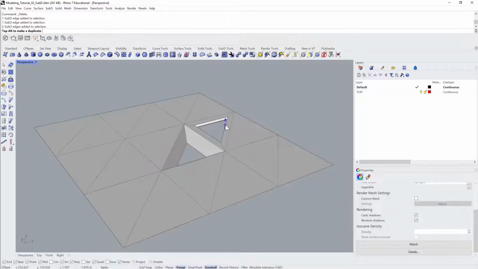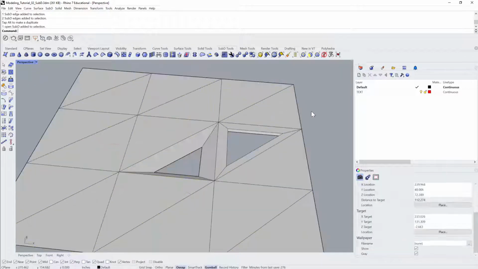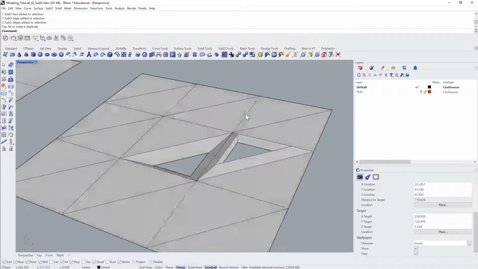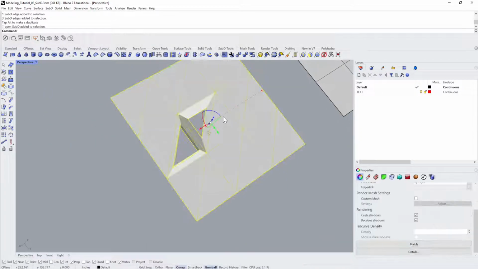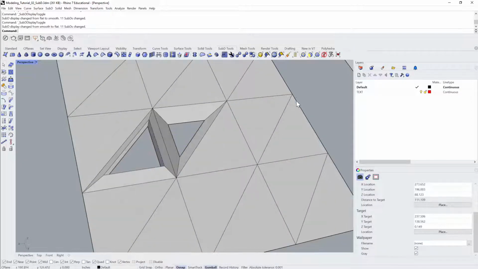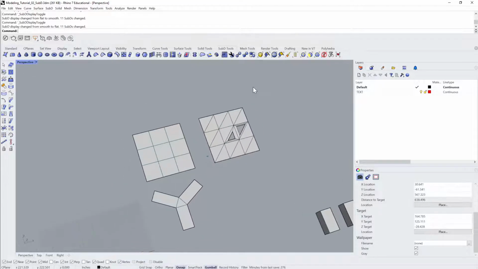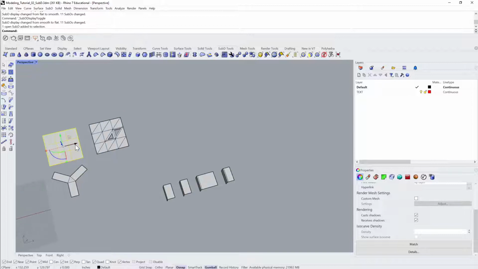And I could continue maybe giving that a thickness if I wanted to. Maybe I do want it to come up. I can click that, right? And so this is more of a kind of hard surface, faceted technique, although, of course, you can turn that into things which are curved if you want to. But the final trick I'll show you here, maybe to produce a slightly more elegant model at the very end